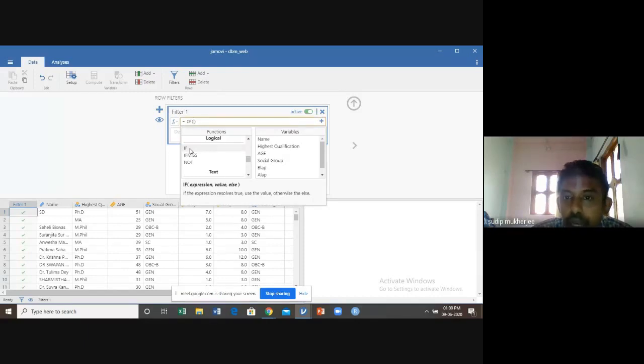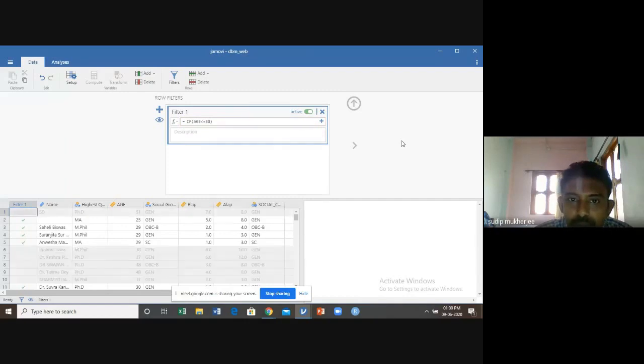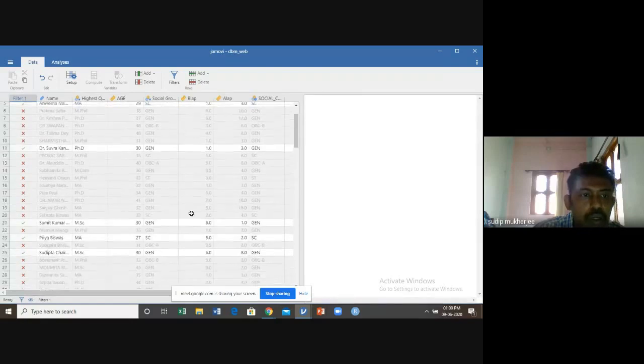What is the meaning of else? I show you. If we select this if by double clicking, and what is our objective? Our objective is to find out how many participants are below 30 years of age. So select age, and what is the condition? If age is less than equal to 30, and click outside.